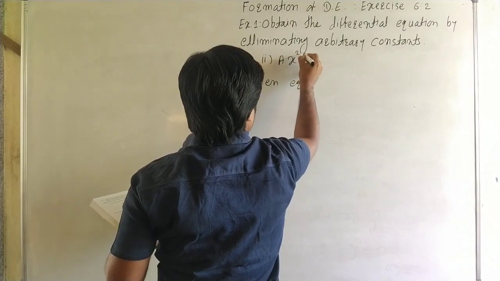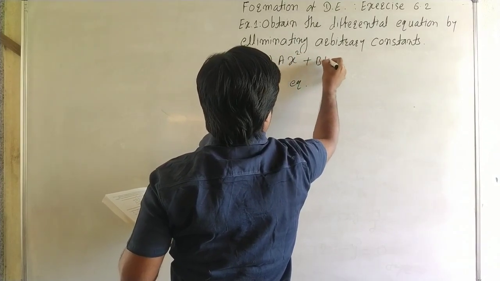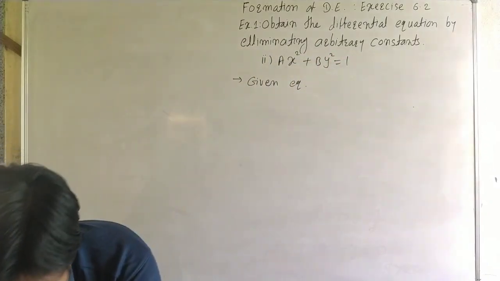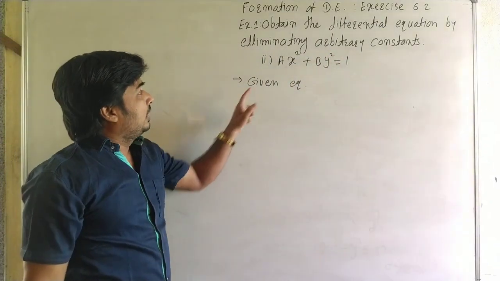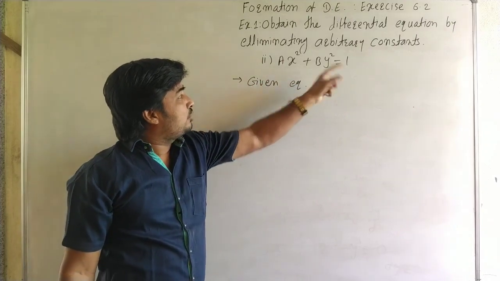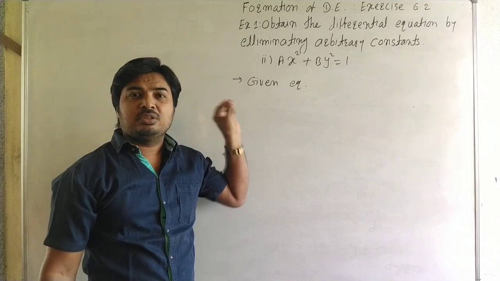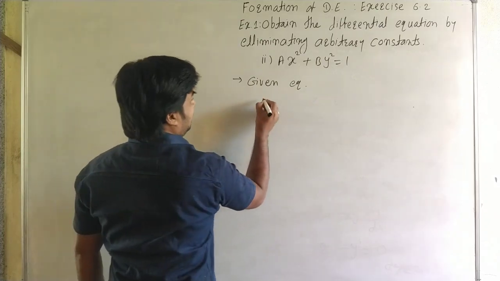ax square plus by square is equal to 1. Now here ax square plus by square is equal to 1. A and b are the two arbitrary constants, therefore here differentiate two times. Okay, the given equation